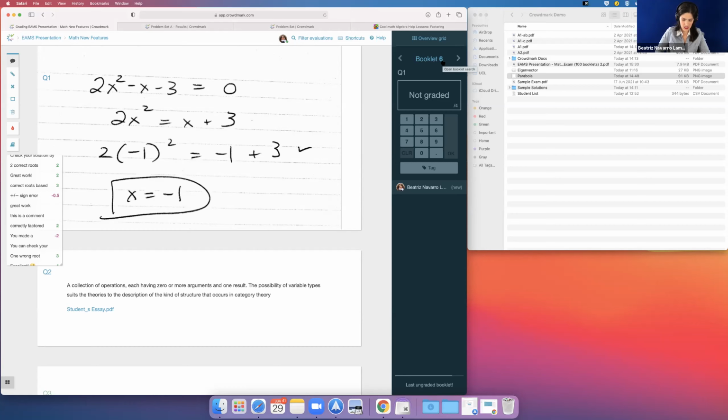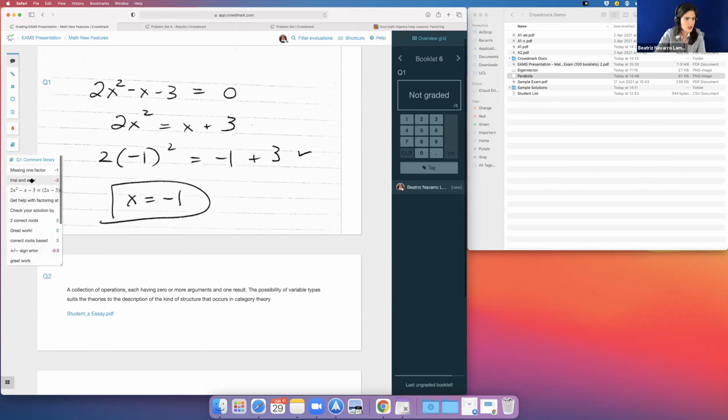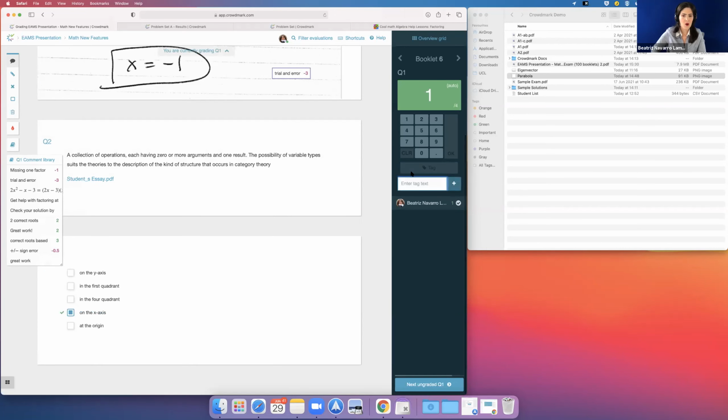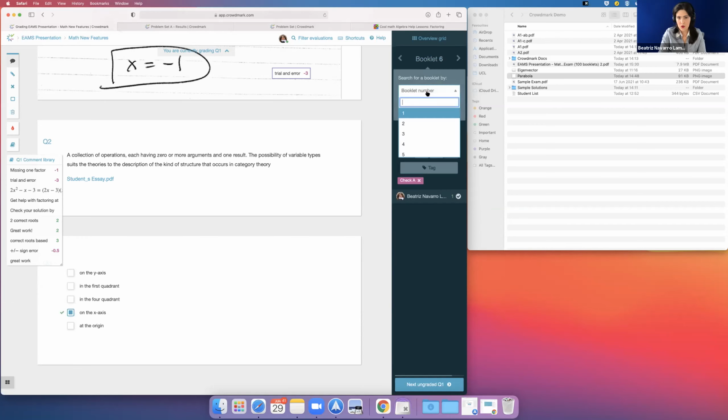So, okay, if we go here, this we said that the mark according to this was -3. We reuse the comment, but now this is suspicious. So what I will do is I will create a tag so I can come back to it later. I will just put, I don't know, check A. And then I remember that I think it was booklet 3.